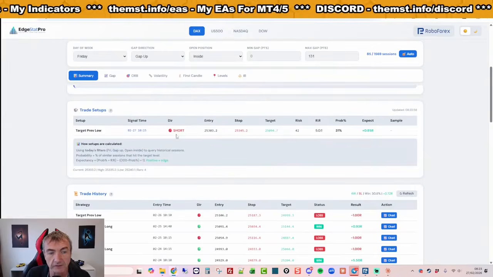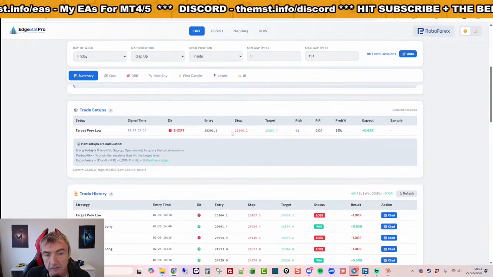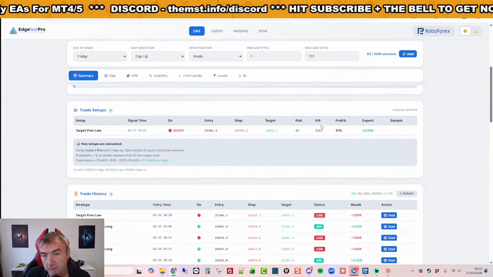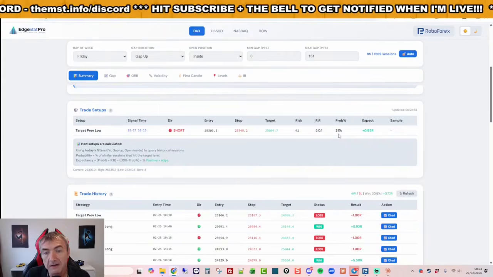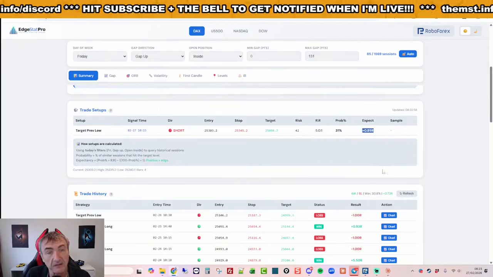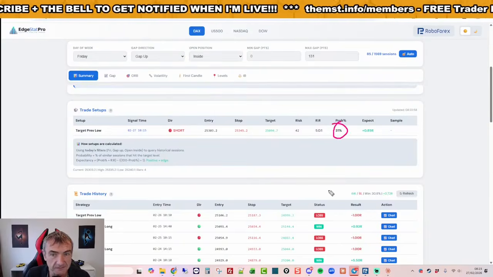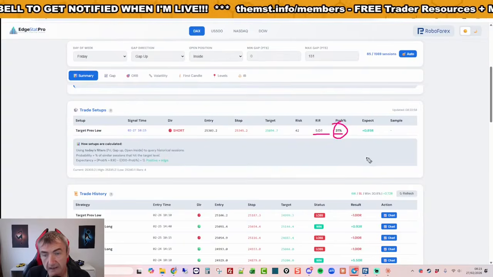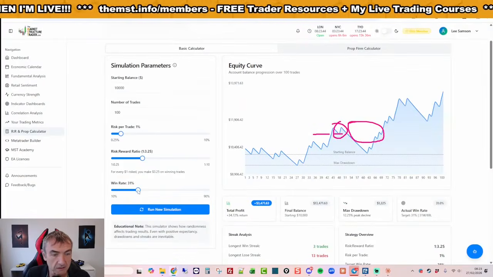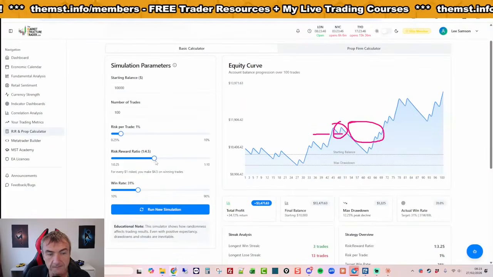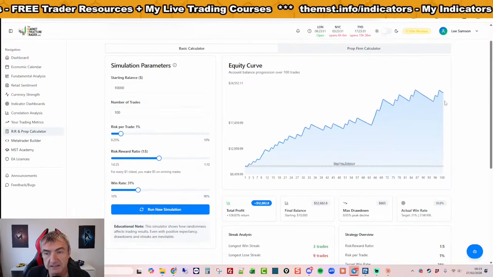So we're targeting previous low. He's gone short on the DAX at 10.15. Entry, stop, target. Risk reward ratio is 5R. Probability is 31%. The R expectancy is 0.85. You see, most people will look at that trade and go, piss off. Whereas he's gone, because of that and that, I'm going to get that. So it's a 31%, but it's a 1 to 5. So that's the R expectancy of the strategy he's just executed.